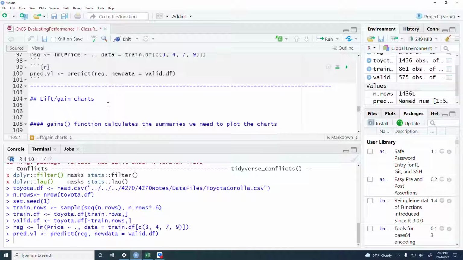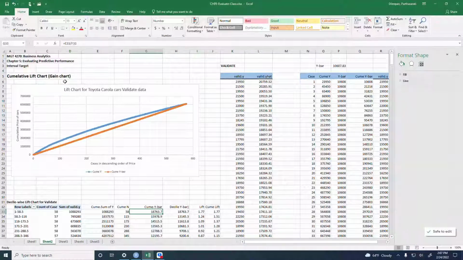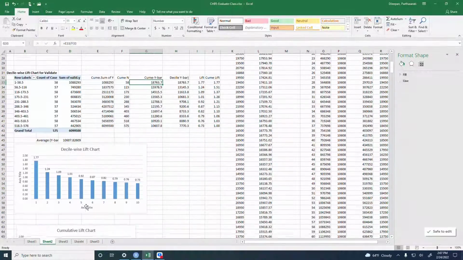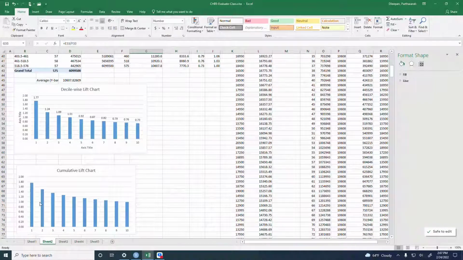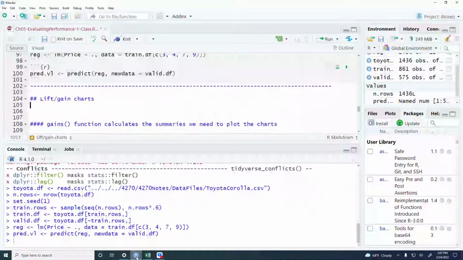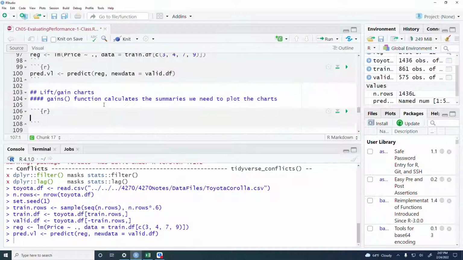generate the gain, the lift chart. So what are we going to do now? We're going to do all of these three charts. We're going to do the gain chart or cumulative lift chart, and then we'll do the decile-wise lift chart, and then the decile-wise cumulative lift chart, because all these three charts. And for that, we need the